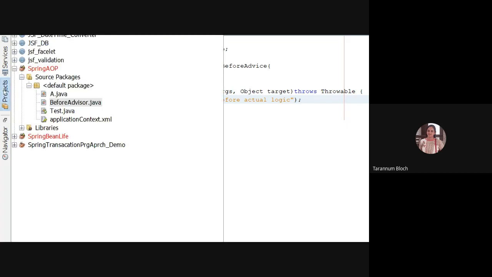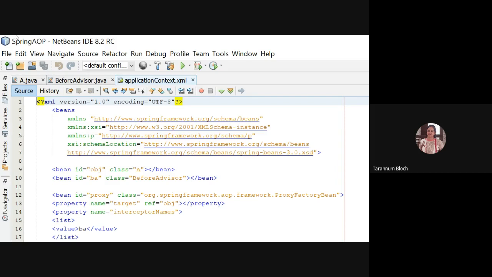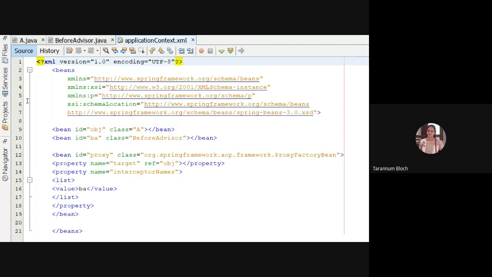Now, as we are working with Spring, we have to have the XML file, which we call application context, where I have mentioned all the beans. So you can see I have a bean which is named OBJ, right?